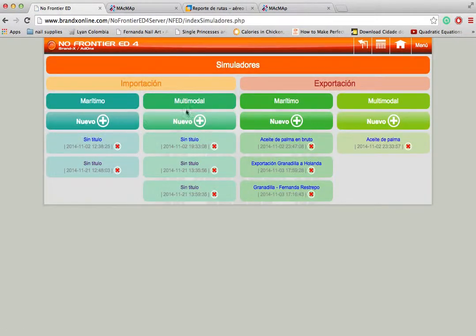Here you're going to have a new menu which you can choose from import or export options. In this case, we're gonna import 4,500 magazines from the US to Colombia, using air. So we're gonna have to choose multimodal, and you can click on new, but I already have my simulator